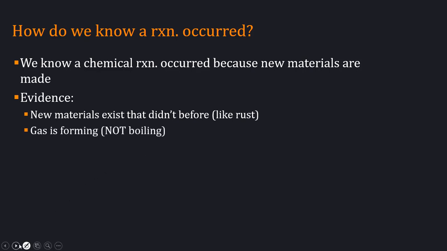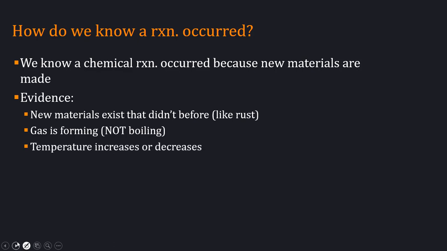And one of those things that is hard for us to see is gas forming, but not boiling. If you've ever done the baking soda and vinegar thing for a volcano, you've seen gas bubbles form from a chemical reaction. Those gas bubbles are new things. We didn't have gas before, and it's not because that vinegar started boiling, it's because it reacted with baking soda